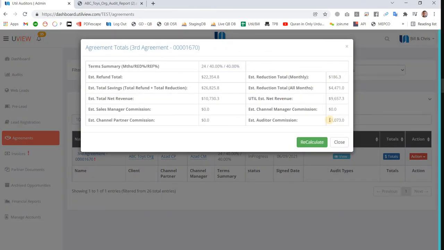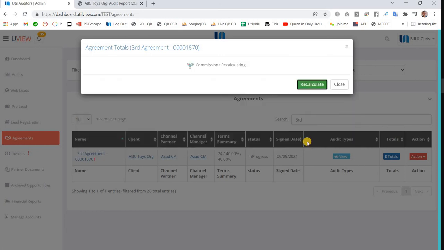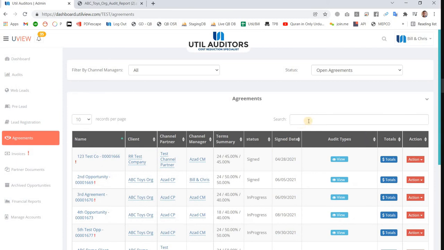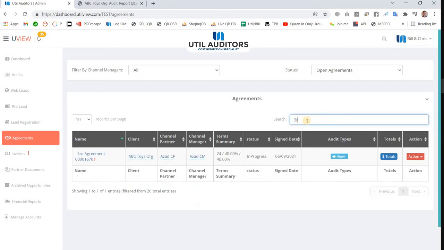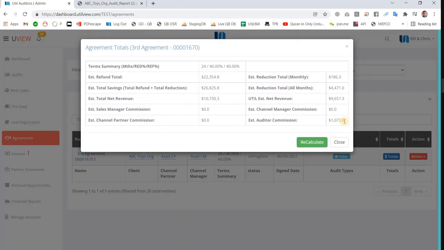I think it is already updated based on the 10% when you change the commission, but just to make sure, you can use this button to recalculate it. When you change the percentage from there, it already updates the commission for that agreement.